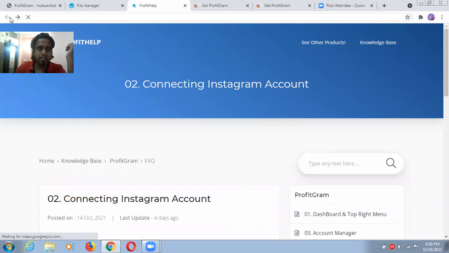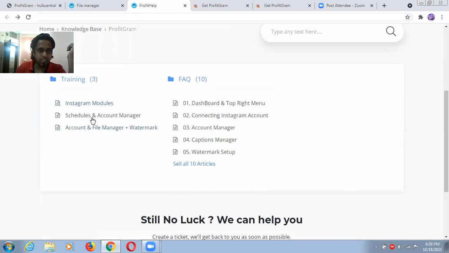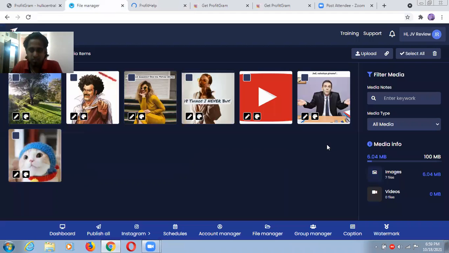If you get back again, I can show you some modules. So here are some modules, guys. You can go with this and you can learn each and everything. So I'm just taking a little overview. This is a pretty simple option, upload and something like that. And let's see some more options.